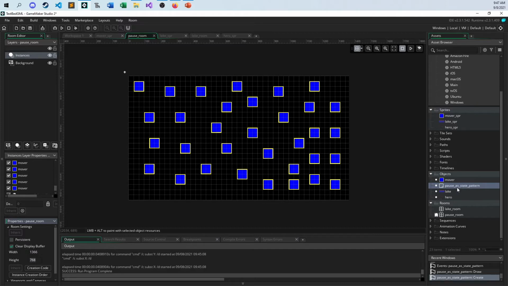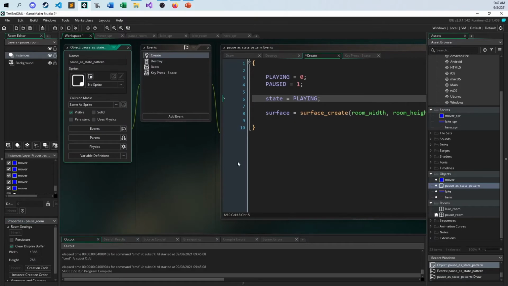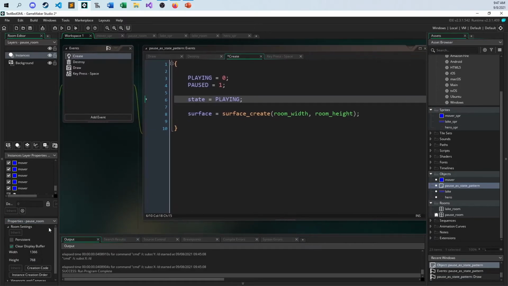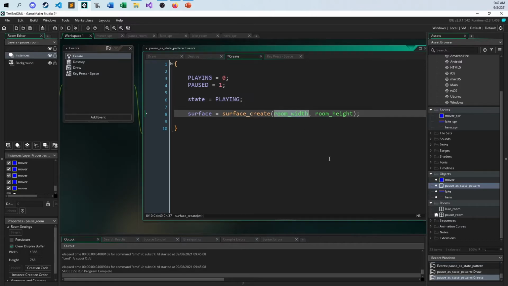It should probably be either 720 or 1240 or even 1440p these days, right? So if I change the size of my room, I don't have to come in here and change the size of my surface. It just automatically knows what the room width and room height are. So I set that up, and I maintain this reference to this surface,